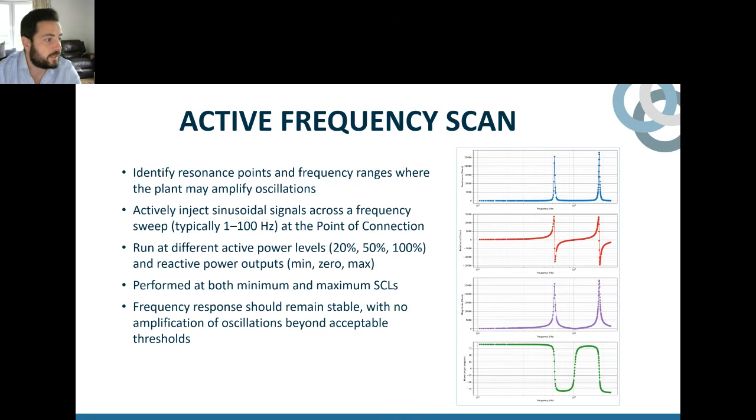A key requirement here is that the plant resistance should remain positive throughout the frequency range, which here we see negative somehow. That is a warning sign because it indicates potential subsynchronous oscillations that will need further investigation. But in this case, having this result and then comparing with the previous studies, we can see that for these particular frequencies, there are no issues. We cross-check with other studies and we see exactly that it is fine. So while the scan highlights areas of interest, the combined analysis shows that the plant remains stable.